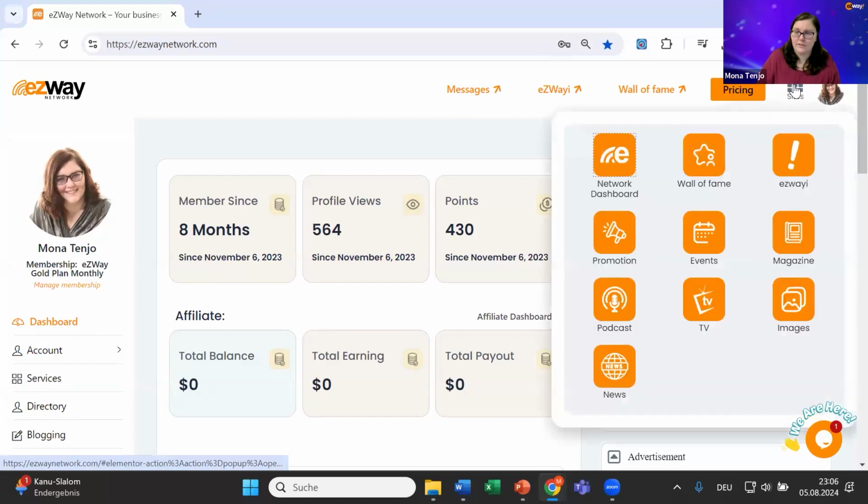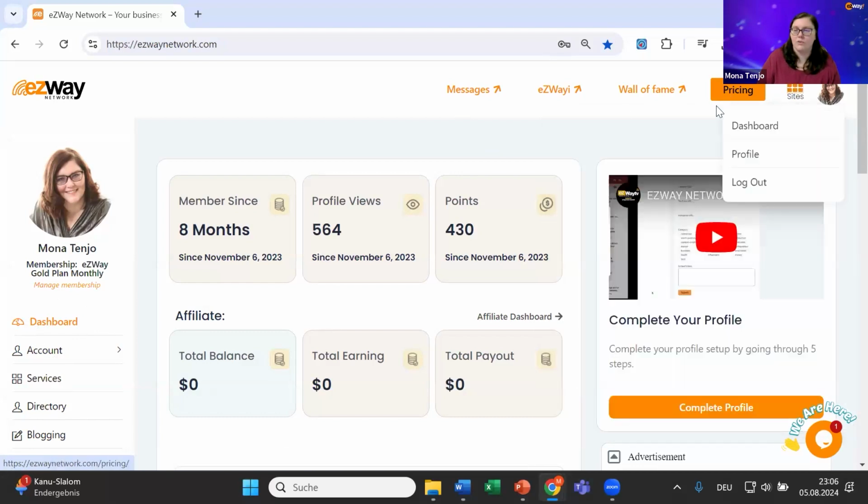The sites that we have just mentioned, here you can access all the different sites without having to log in again. You can obviously see the pricing as well, but also you can access some of the most visited sections, right? So your messages, obviously you want to stay connected. That's what you're here for. Your eZWay, we still go into this in a moment, and your wall of fame, which is pretty much your business profile that combines all your different links, your business links, your social media links, your booking links on one big, nice wall of fame, which helps people to find you very quickly and understand, oh, this is the person I should be connected to.